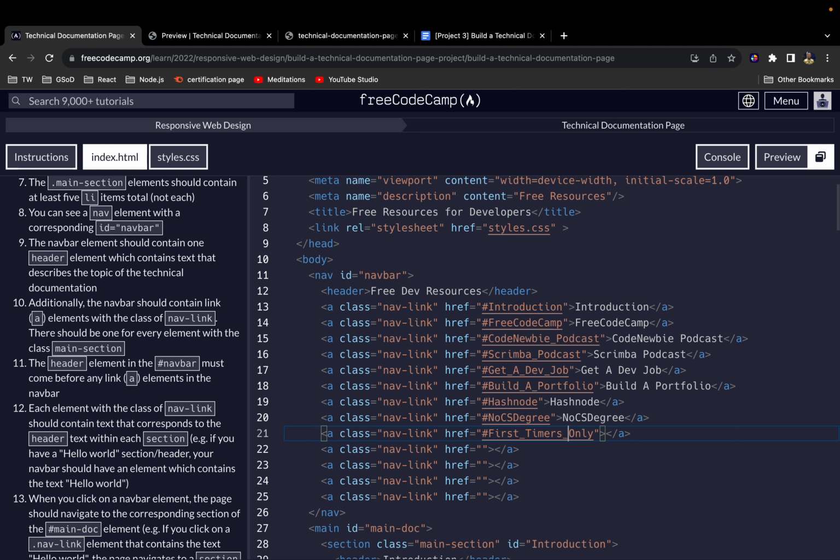Underscore. And then I'll do prompt. I'll bring my hash symbol here. Next up is mdn docs. So mdn underscore docs